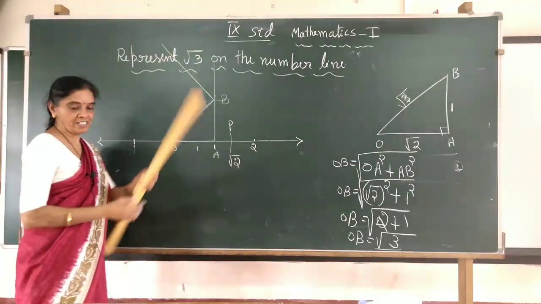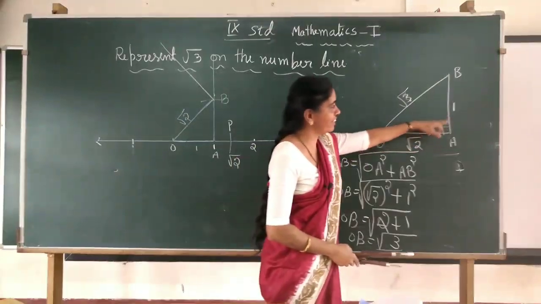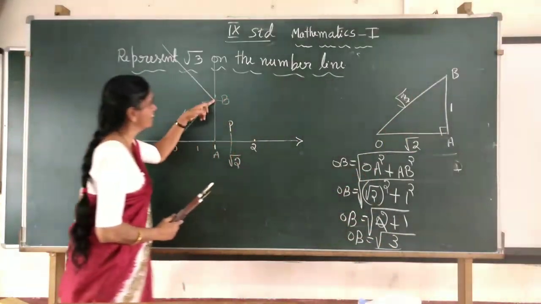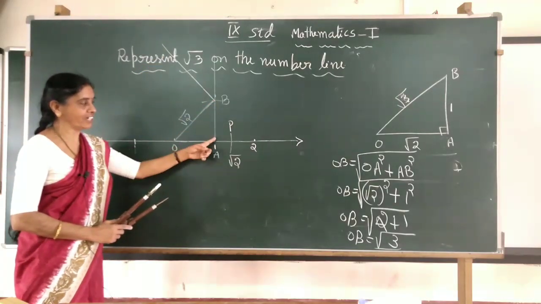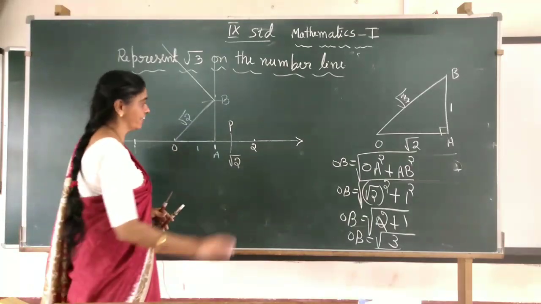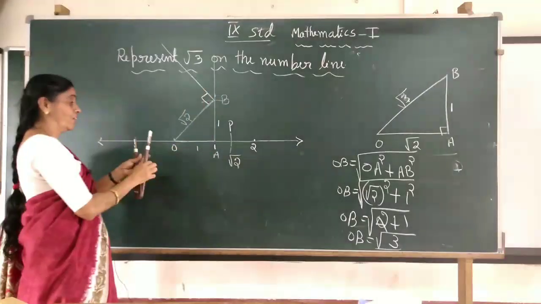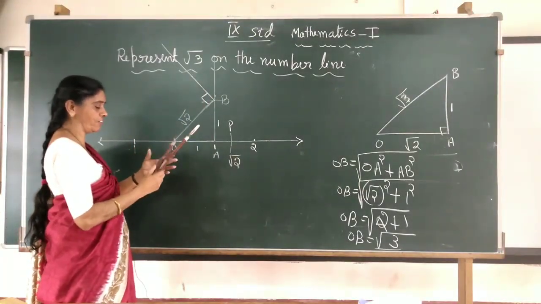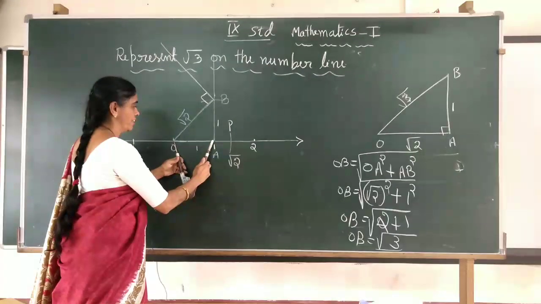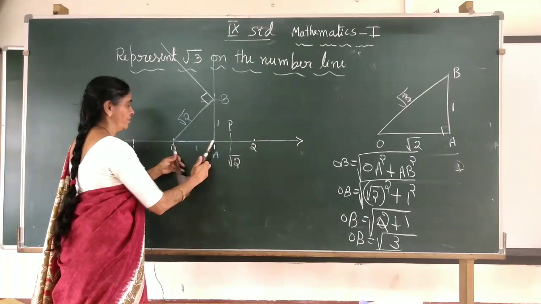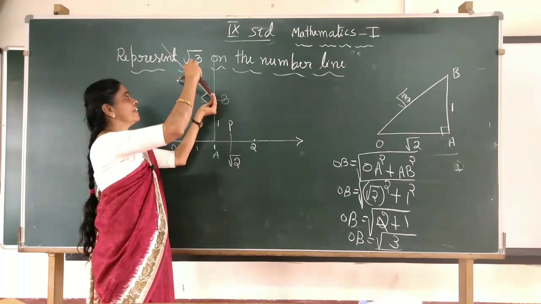Now on this line I should mark how much unit, children, tell me? 1 unit I have to take. So here again I have to take 1 unit. Then 1 unit on the perpendicular line we have taken. Now this is a right angle, 1 unit. What is the 1 unit measurement, children, in your figure? This you can take as 1 unit. Okay, so this is the 1 unit. Now where to keep the 1 unit? Here at B point and cut.